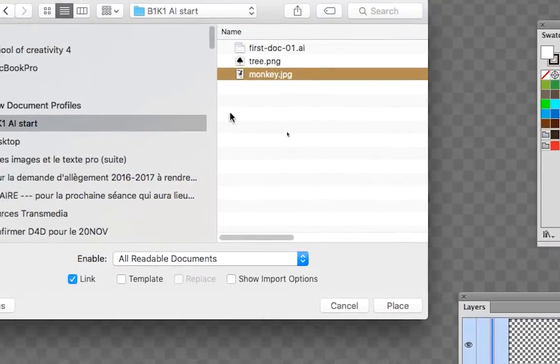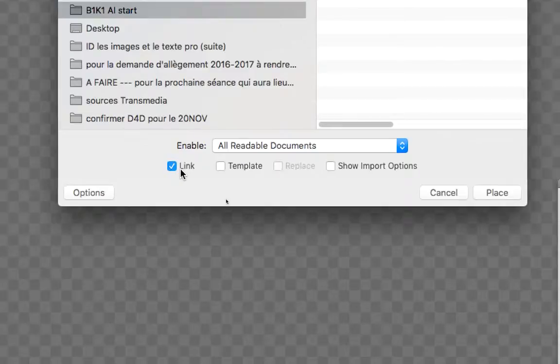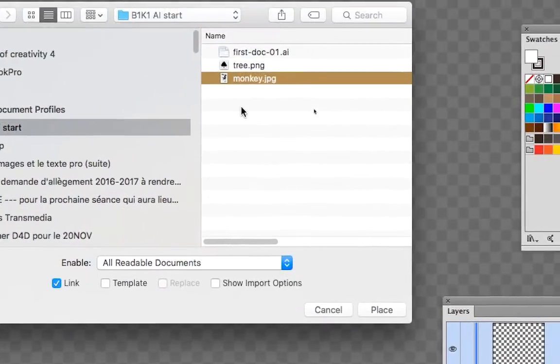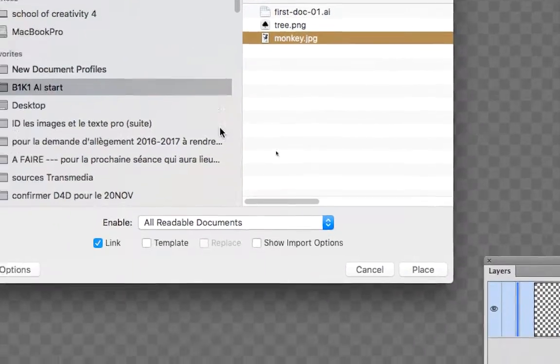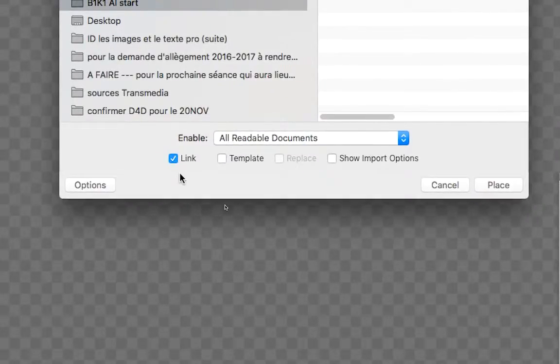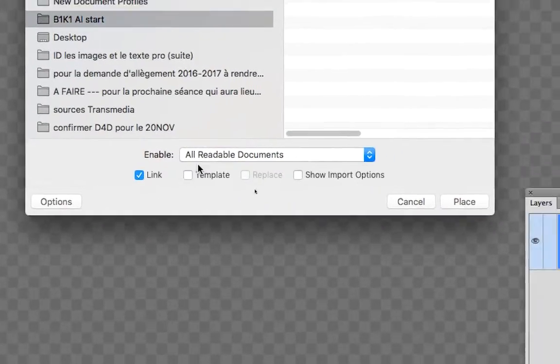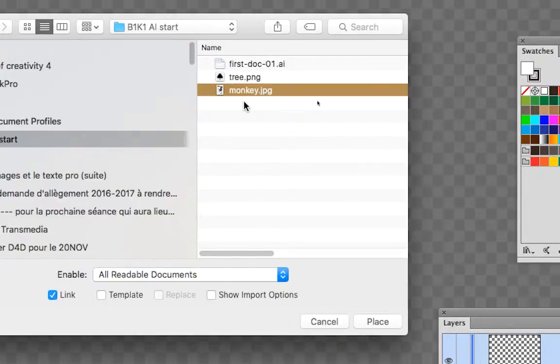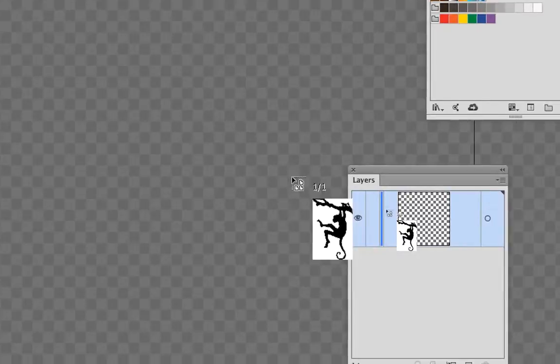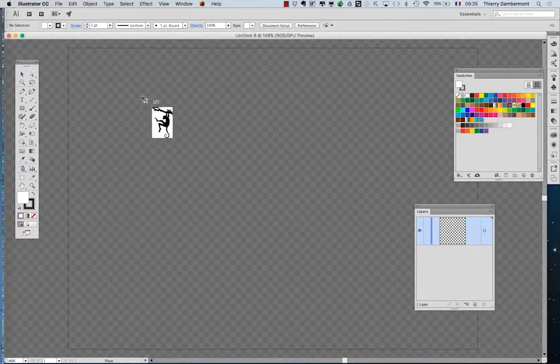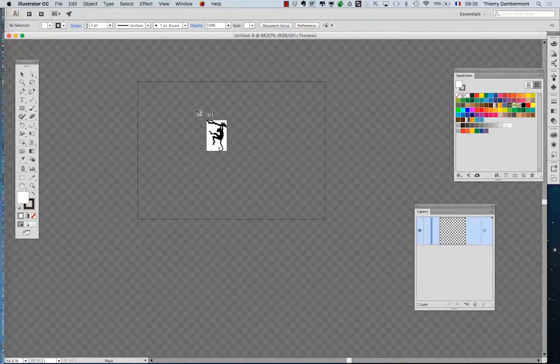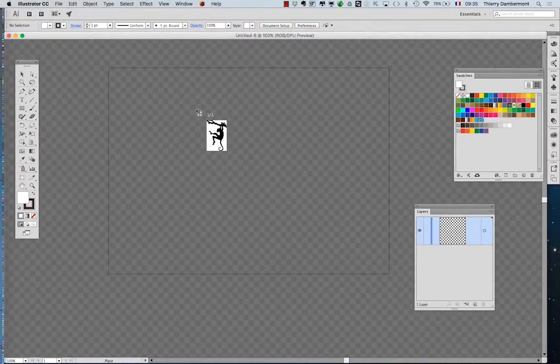It means that, of course, Illustrator will watch what happens to the file on the hard drive, and if the file is changed, modified in any way, Illustrator will tell you, and you will have to update your work. Okay, so place. Then you'll choose the size, you make it here. You see the A4 frame? Zoom out if you don't see the A4 frame. So you put your picture about that size